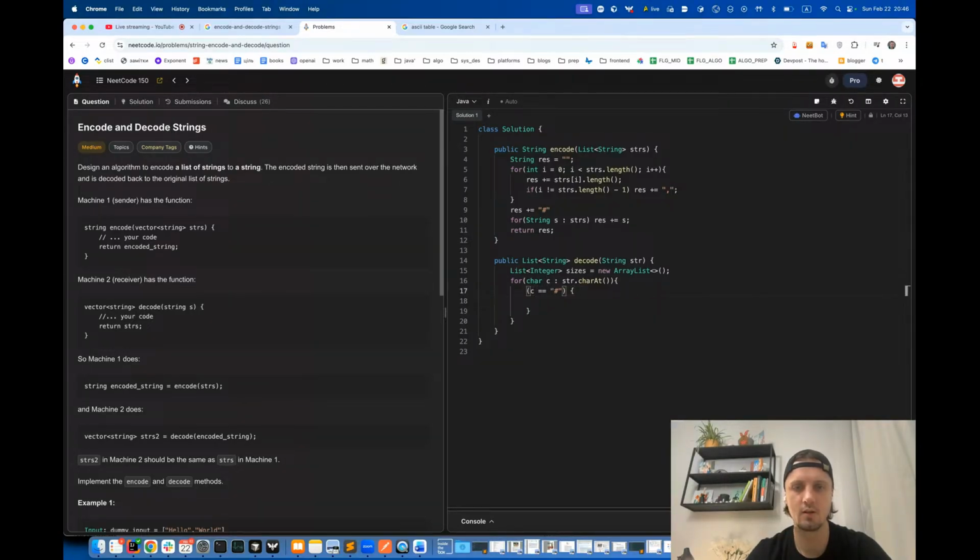So first, while, no, I think we should do another way. We should do like this one. So I is less than char array length, I plus plus. Then while string charAt I is not equal to hash, we collect